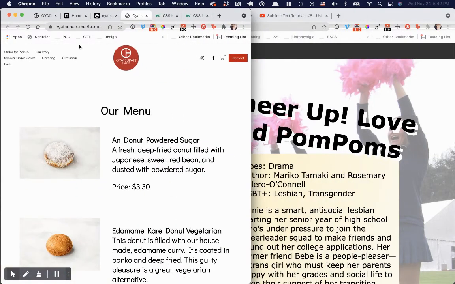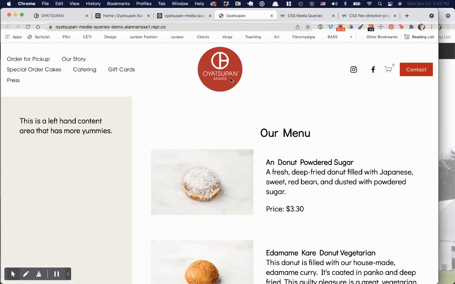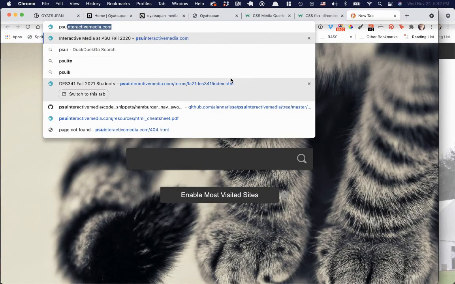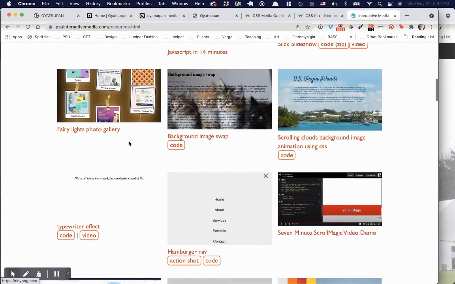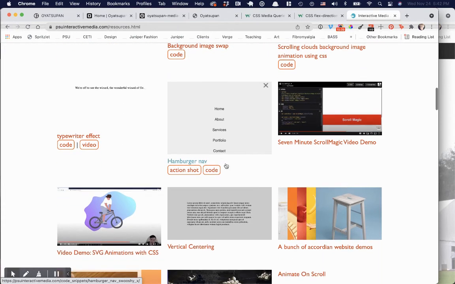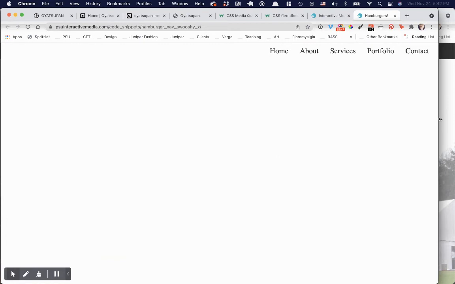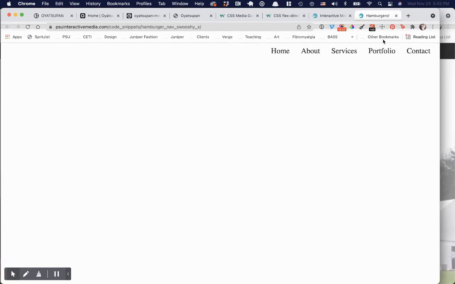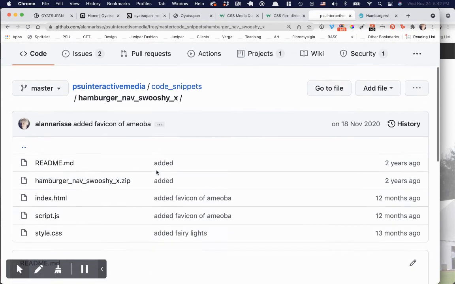Also, a similar thing happens with the navigation. That hamburger menu uses this. I'll show you where it is. PSU Interactive Media Resources. Hamburger menu. This hamburger nav is great code to copy because it's fairly easy to get working. You can just look at the code. In here, there's a link to the code, and it shows you